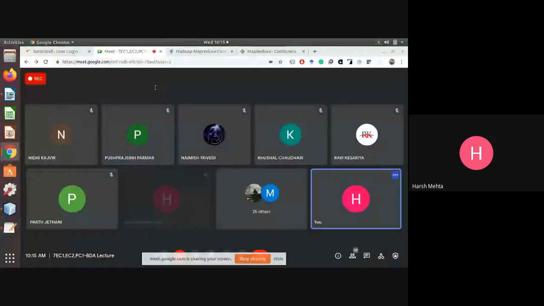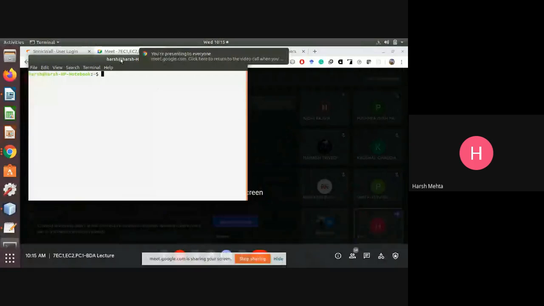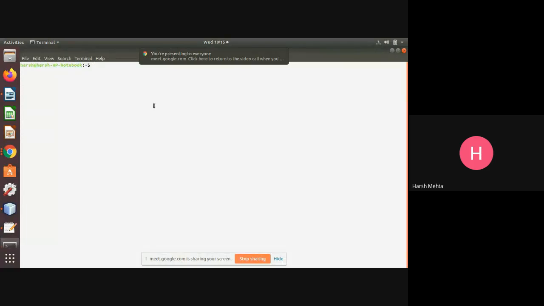I shared my entire screen. So now let's start with the terminal. Let's start Hadoop first of all. First I'll write JPS, to see which Java-based services are running. One is JPS, one is main.